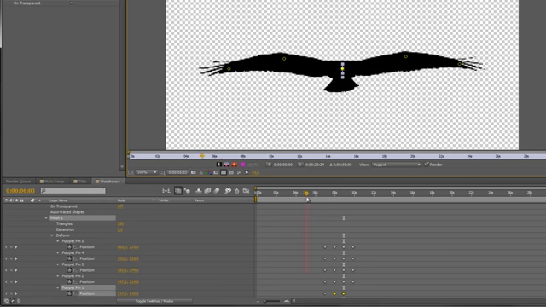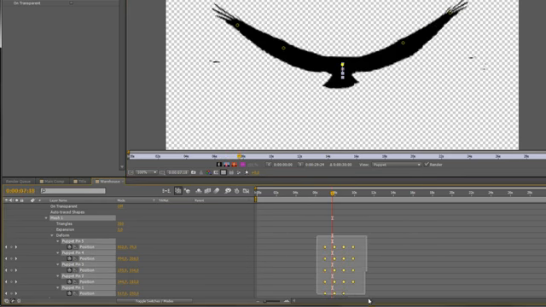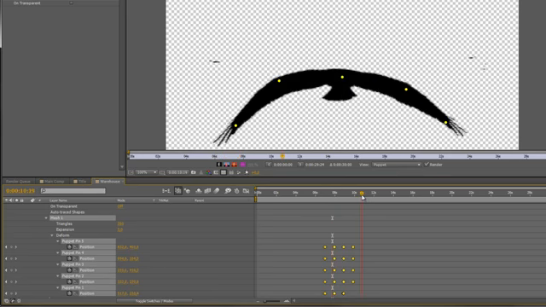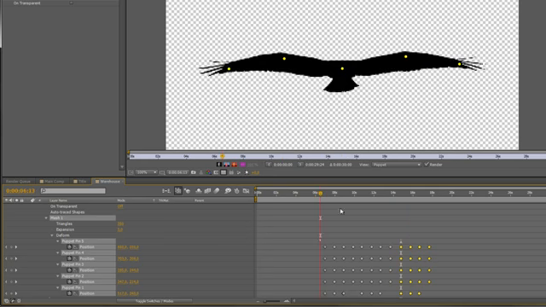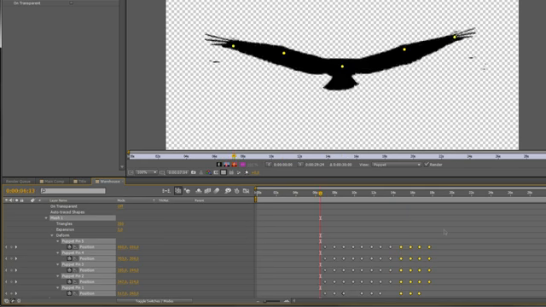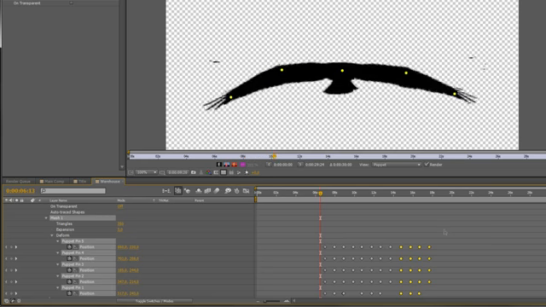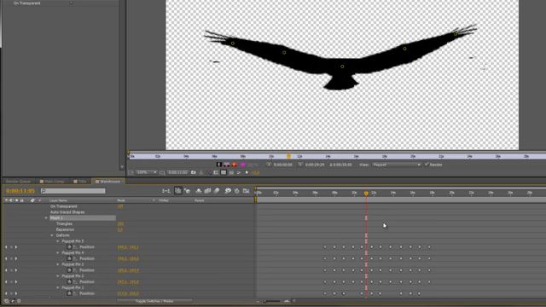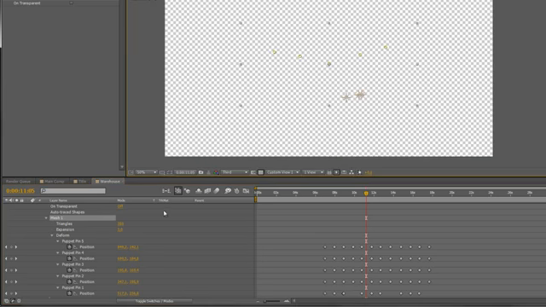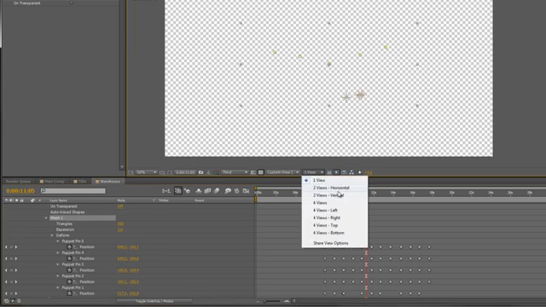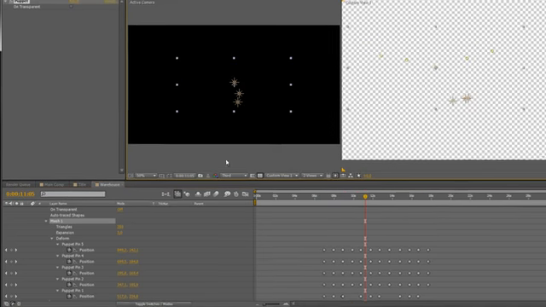Okay, now copy and paste it to have a continuous animation. Okay, perfect. Return to our composition, split the view to horizontal, and